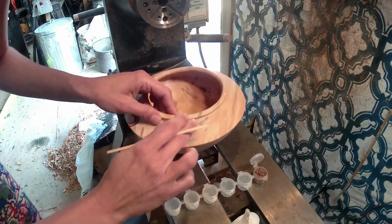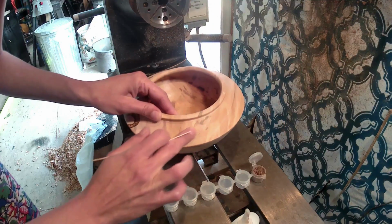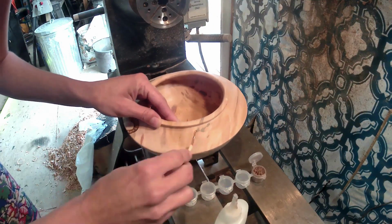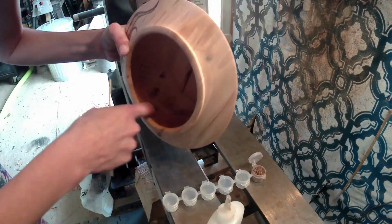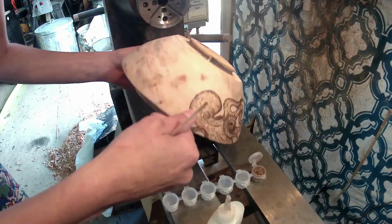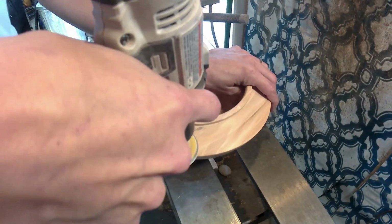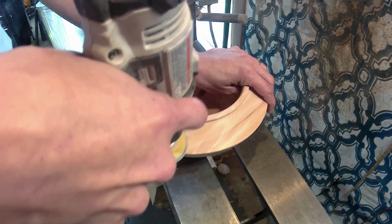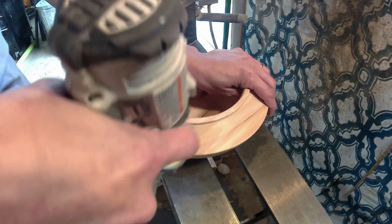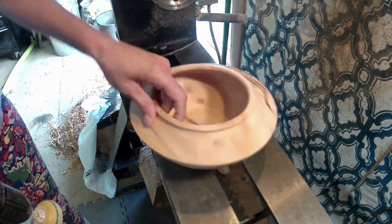I'm filling another crack that developed from sitting overnight and just drying out on the counter with a little bit of gold eyeshadow and some CA glue. It wasn't a huge crack at all. It was very fine, but obviously visible. And sanding it all down, I sanded it back again with, I think, 400 grit, maybe even 320, I'm not sure,